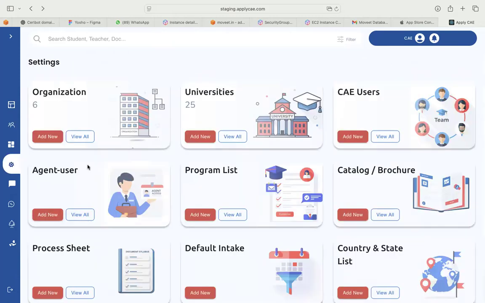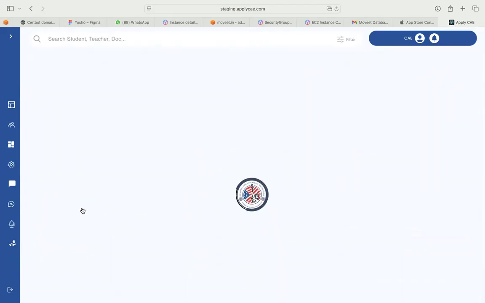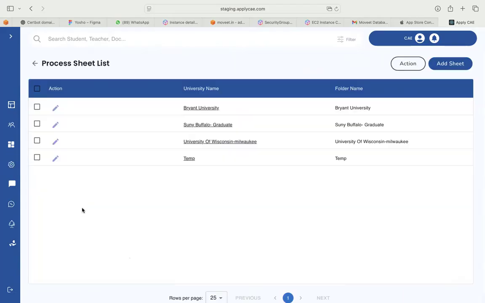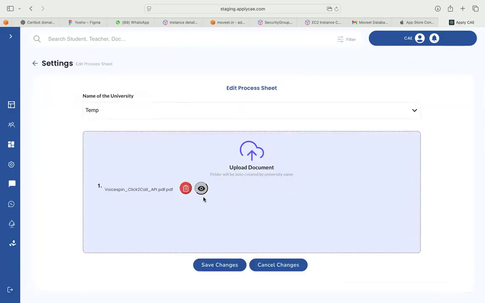I can add n number of process sheets. This is what our folders look like, and we can also view this document, or we can delete it as well. Once I go back